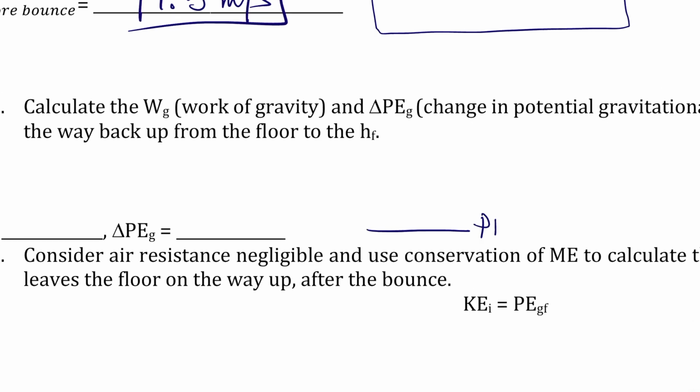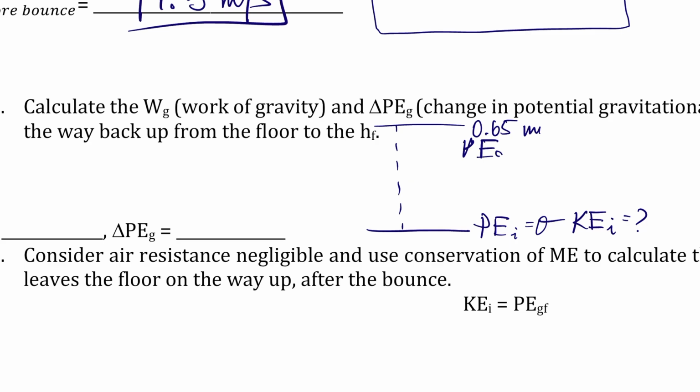On the way back, I assigned my final height to go back up to 65 centimeters. So again, potential energy at the bottom is 0 and it's initial. It has kinetic energy initial, which I do not know, but I know that in the end, when it bounces back up to 0.65 meters, it has potential energy gravitational final equal to mgh final. The work of gravity on the way back up is going to be opposite to the change of potential energy. And my ball gains potential energy because it goes above the floor. So final potential energy minus initial potential energy, which is 0 in the beginning. In the end, it's going to be